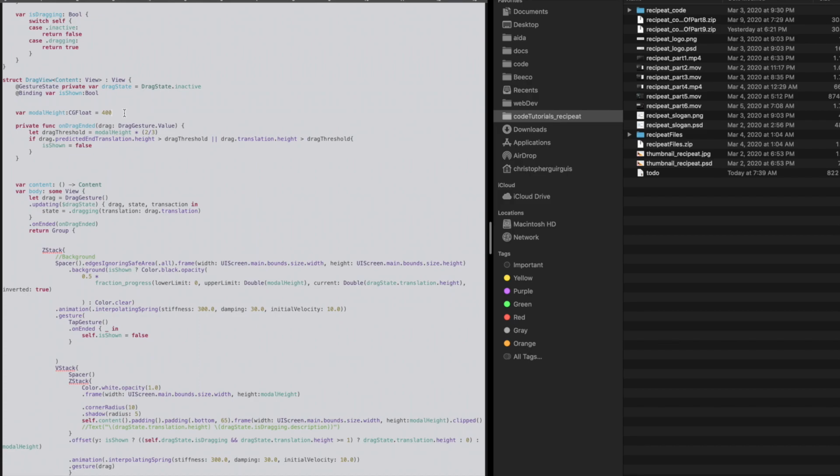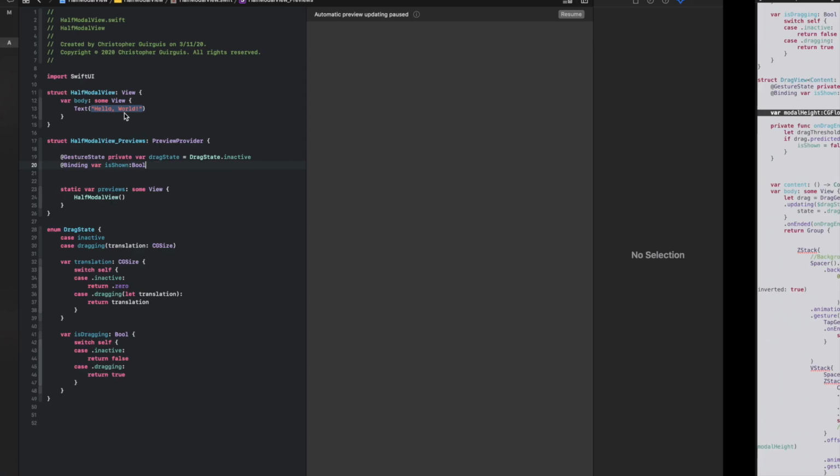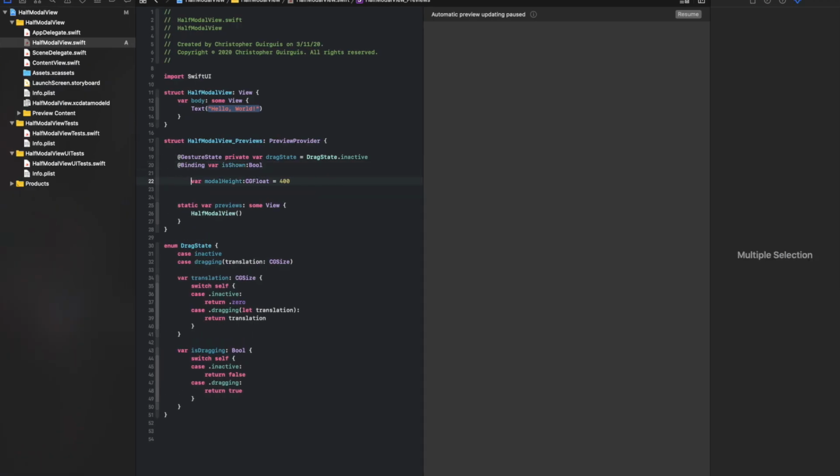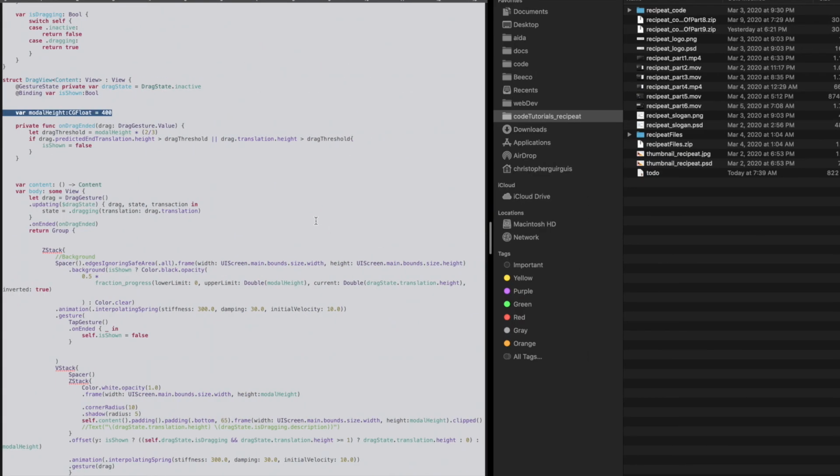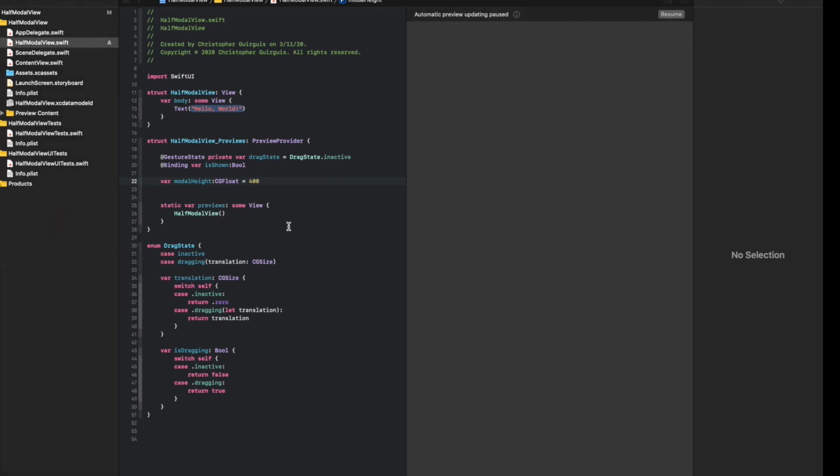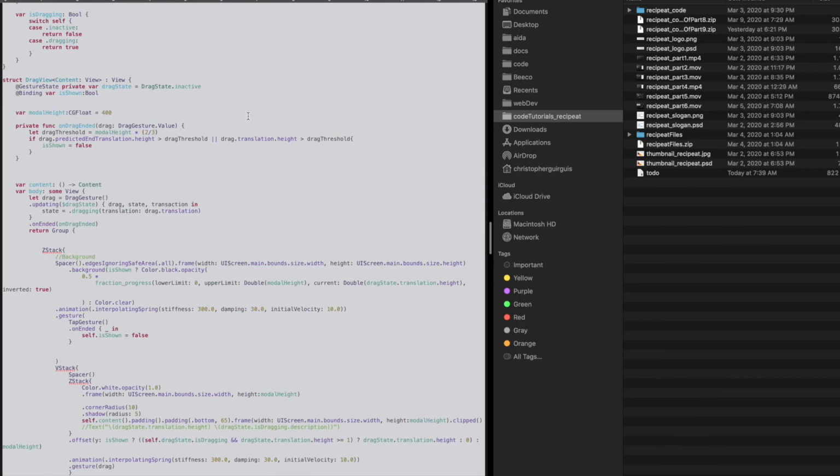That's the next thing. Now, to make this nice and really customizable, we'll put a variable, modal height, okay? And that'll let us modify the height of that modal later, okay? So the next thing is we need to put